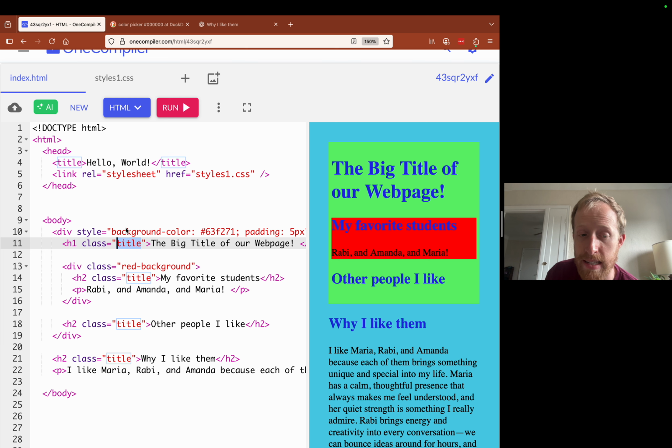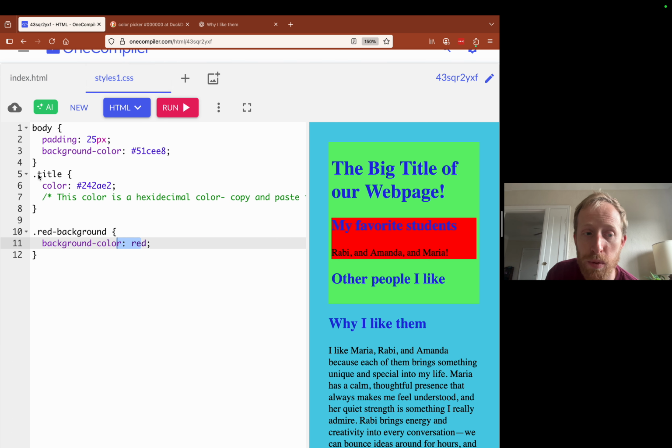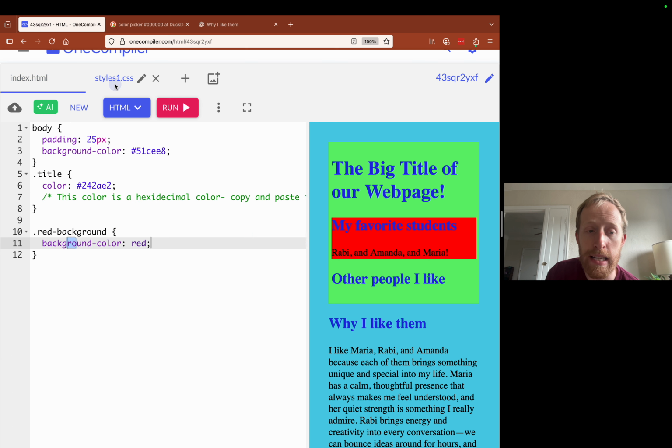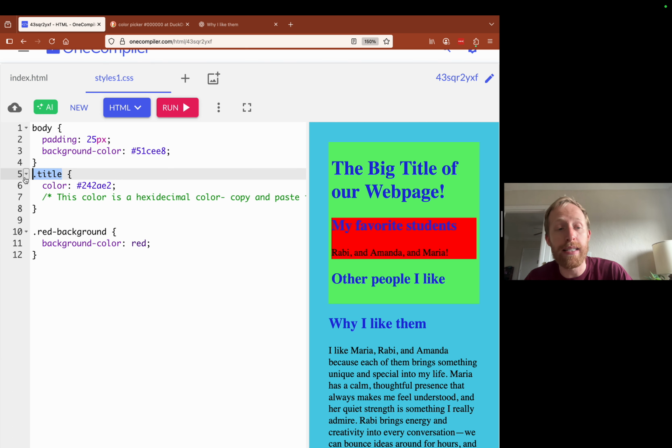Like this has class title, so it begins with a period, period title. That means anything with class name title. The other option would be I could say any H1 instead of class name title. So I'll get rid of this dot title and just add in any H1. You see there's no period anymore.